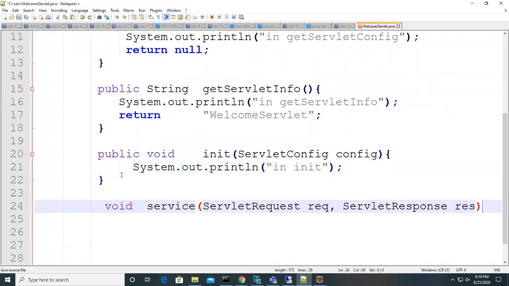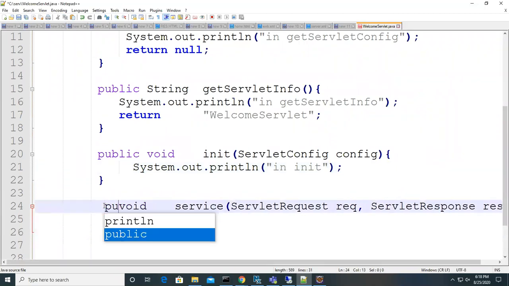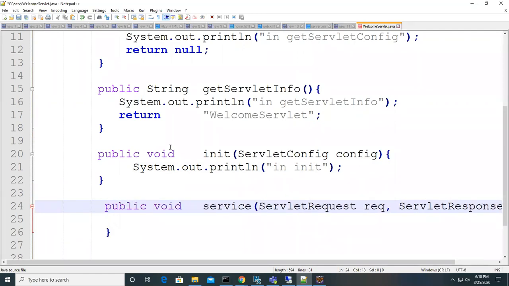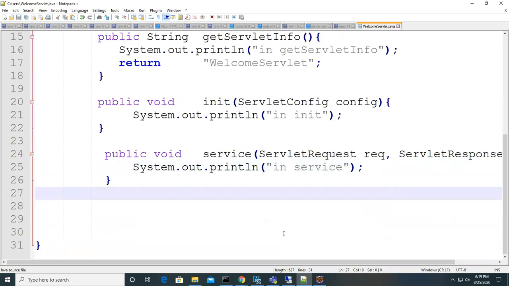So simple, guys. Are you getting any confusion here? What am I doing? Nothing much, right? We are just implementing all the methods which are part of the interface. I'm just adding System.out.println here and in the service method. This also doesn't return anything.